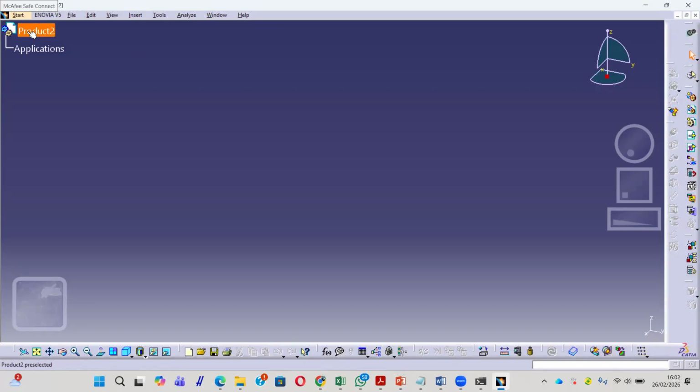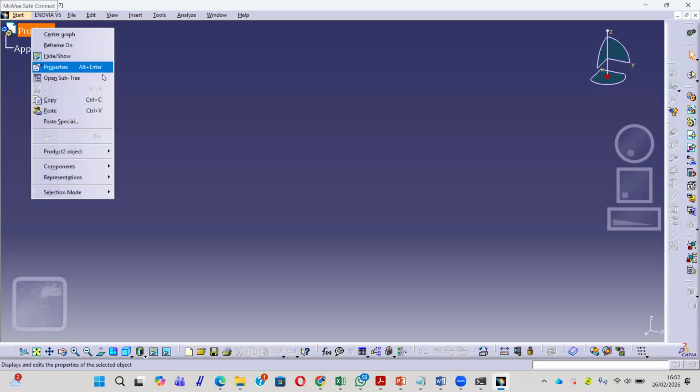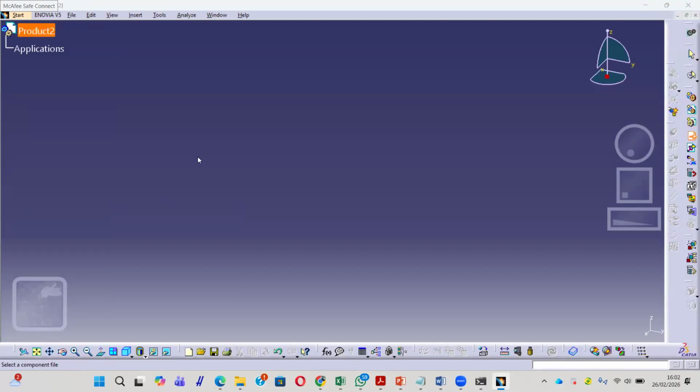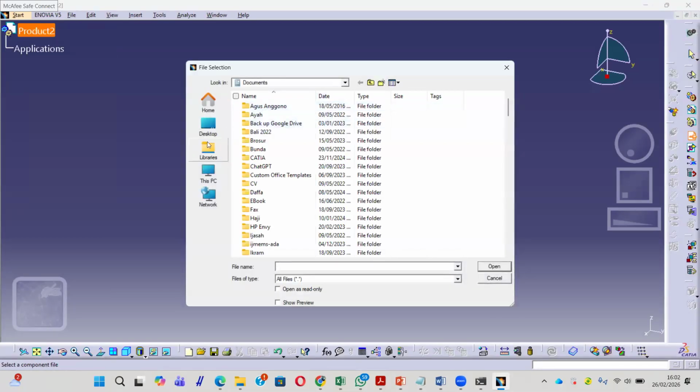You can see the product tool here. You can use right click and then components and then existing component. Find your file.